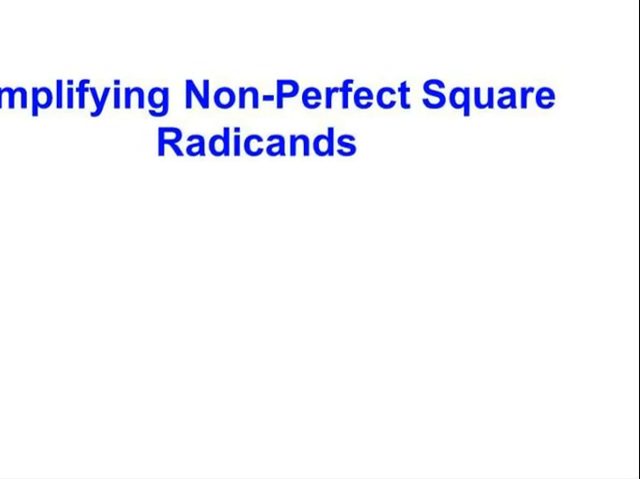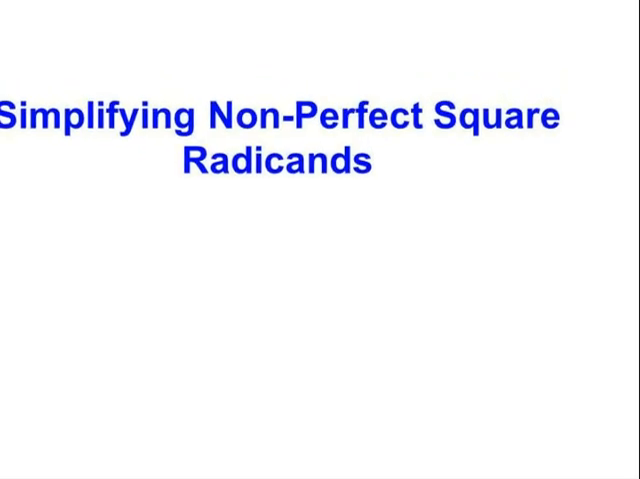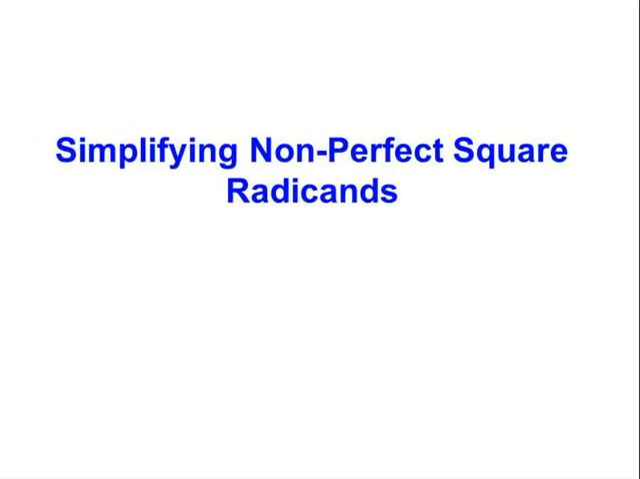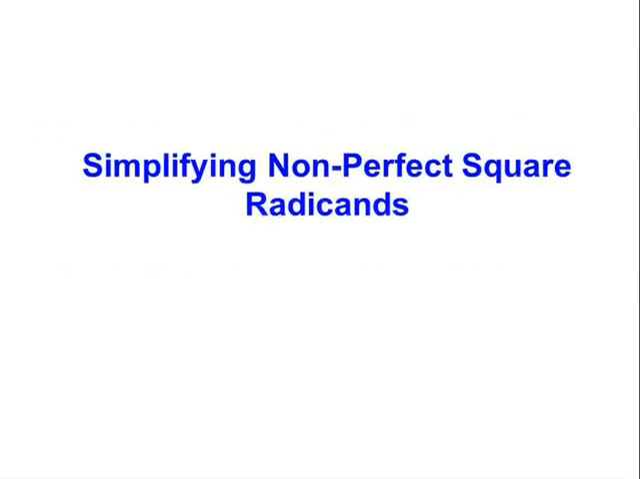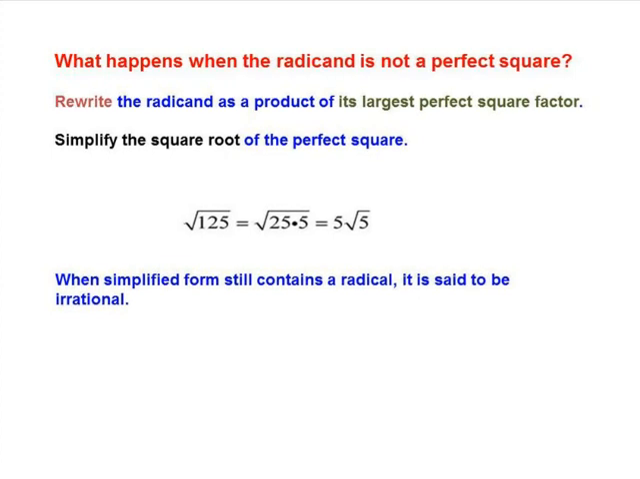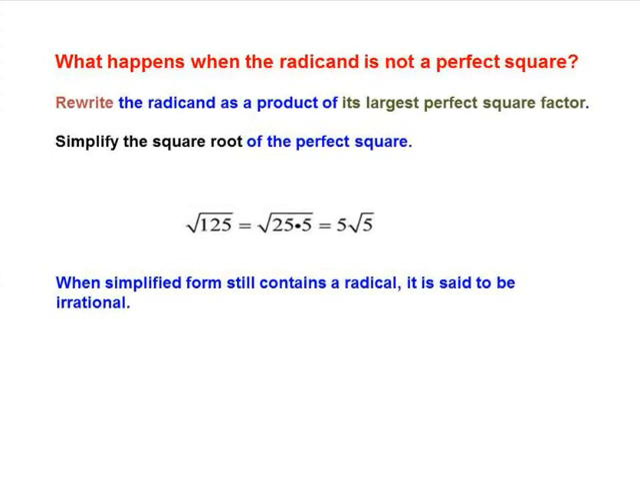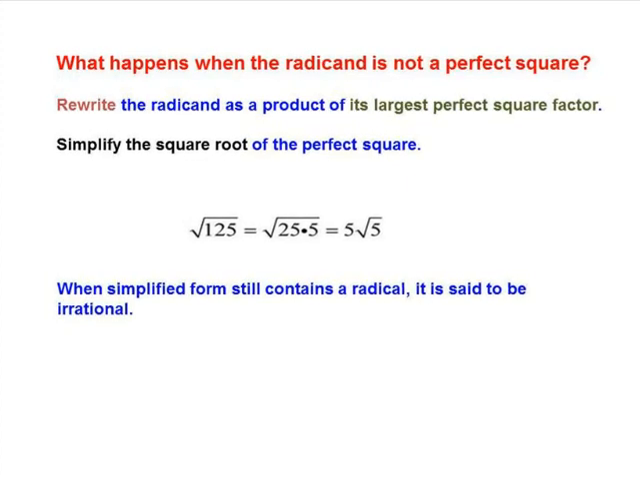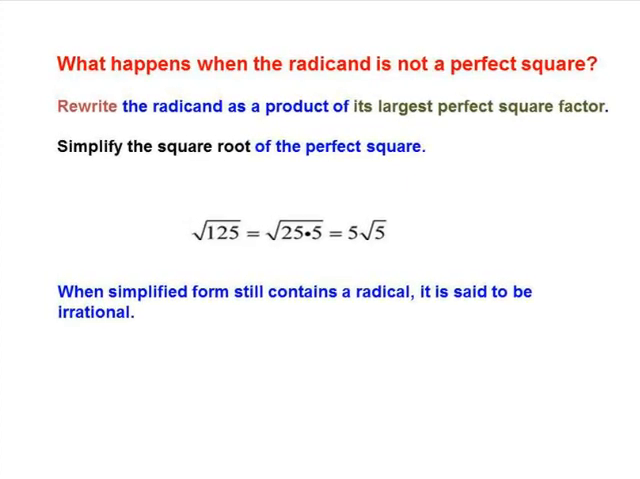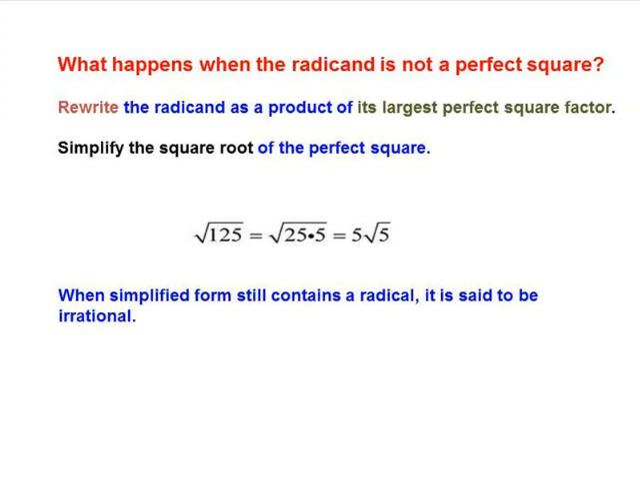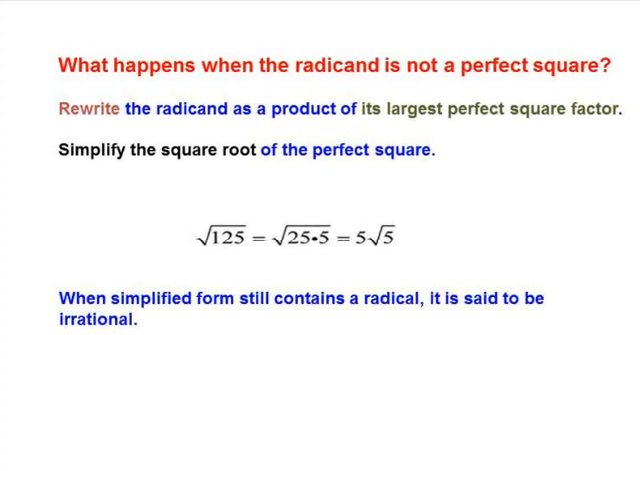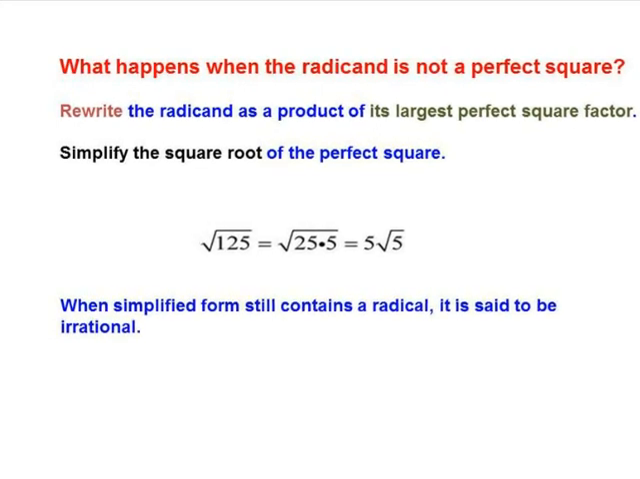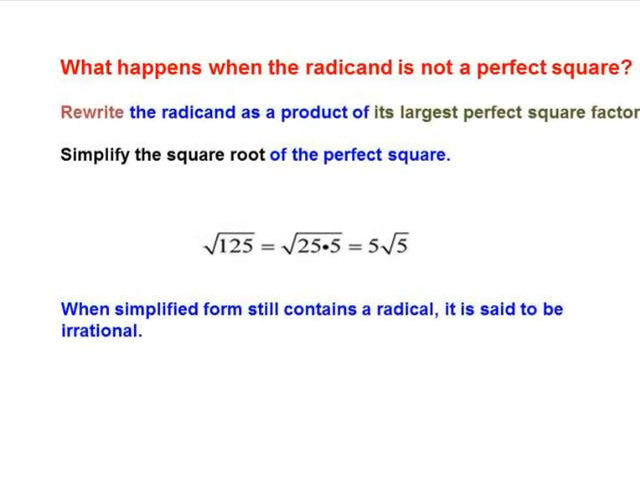Our first part of the topic is simplifying non-perfect squares. Please get ready to take some notes on this in your interactive math notebook on a new page. All right, so let's take a look at what happens when we have a number under the radicand that is not a perfect square. What you want to do is rewrite the radicand as a product of its largest perfect